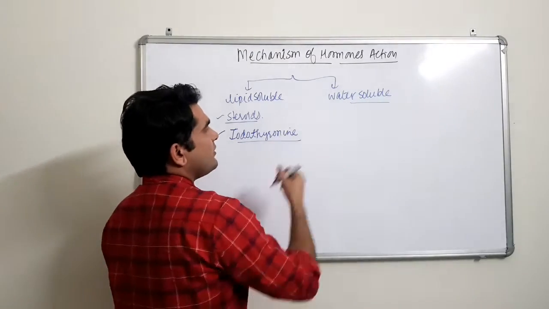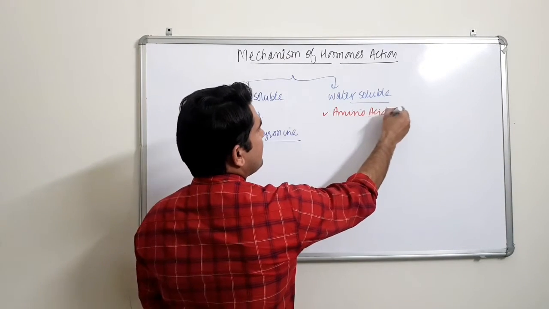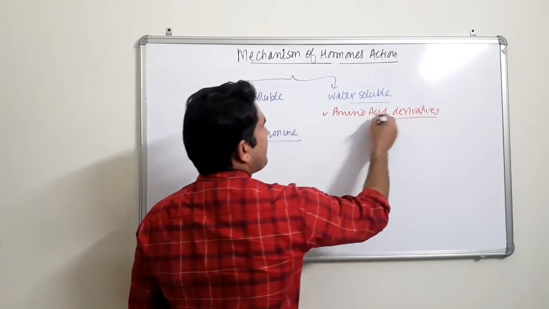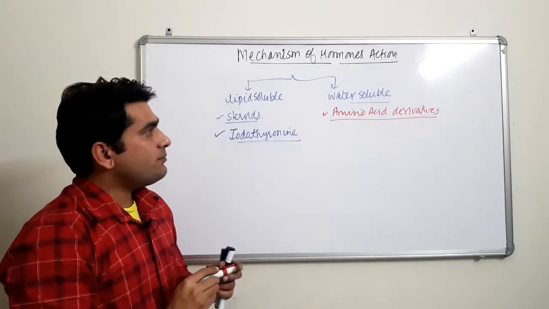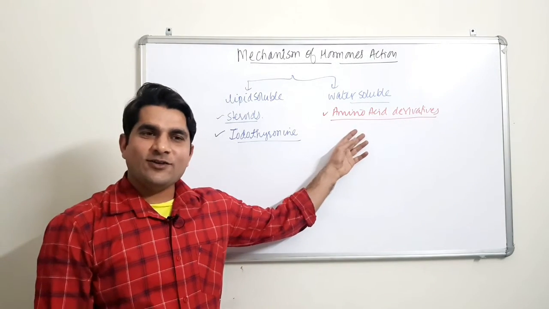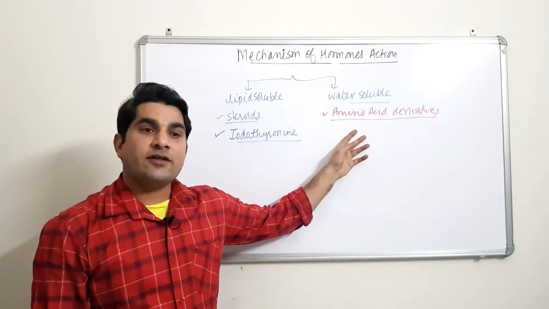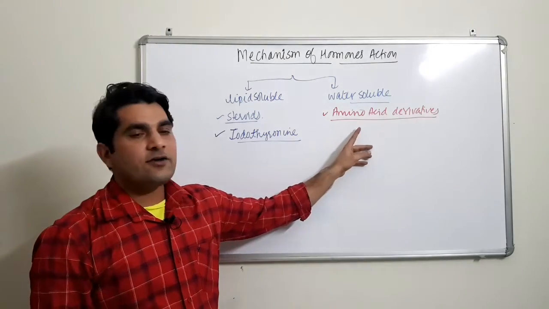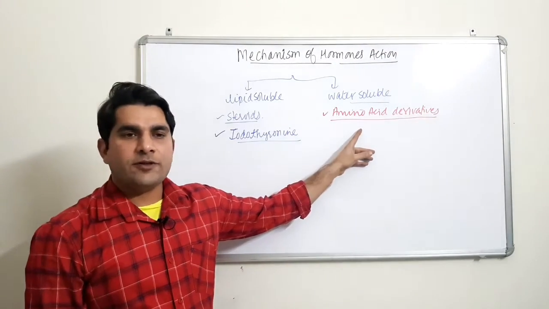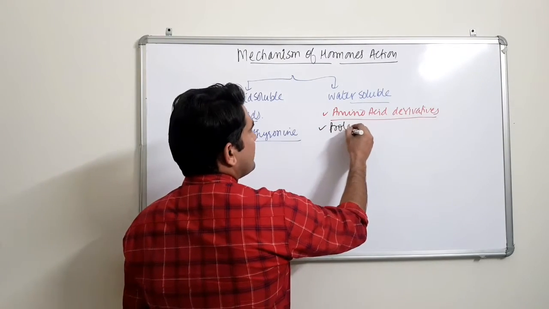And all the hormones that are amino acid derivatives, any example? Melatonin is a derivative of serotonin, which is derived from which amino acid? Tryptophan. Answer is tryptophan. And derivatives of tyrosine are adrenaline, noradrenaline and dopamine. All the polypeptides and proteins, you can take the example of